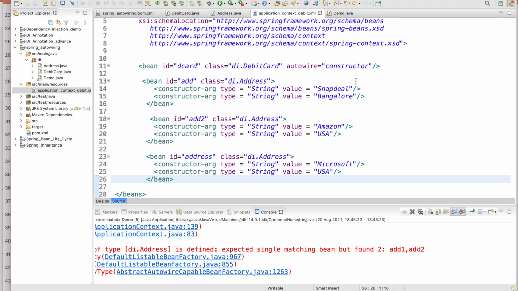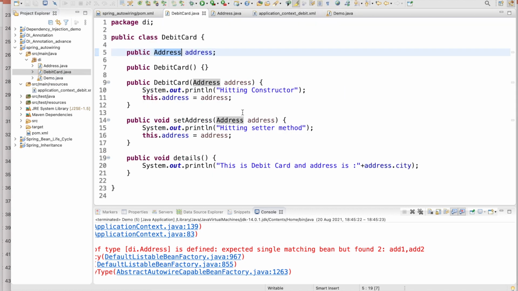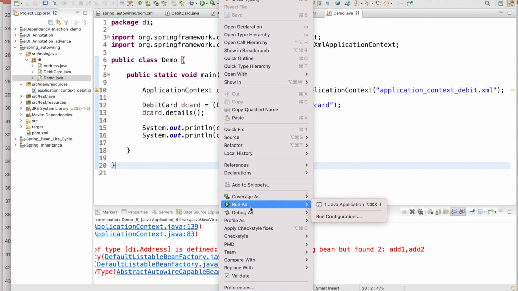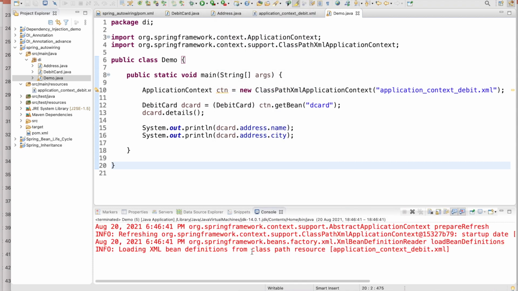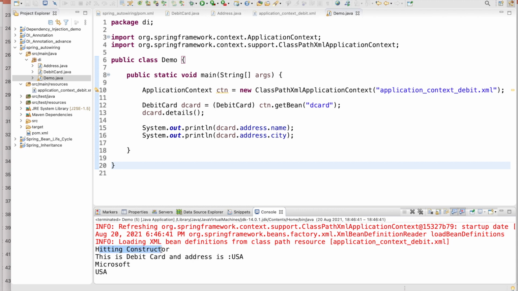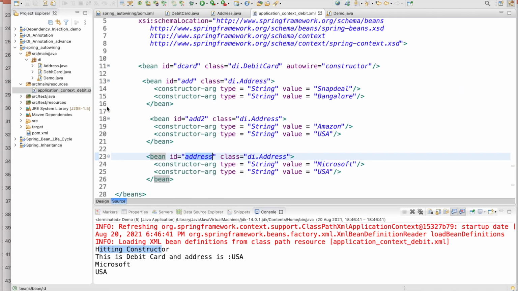I change the constructor, I have three beans, but this bean's address is here, right? And if you go to the debit card, its bean has the address here, right? So this time it should work. And you can also see the message that it is hitting the constructor. And through the constructor, what was matched with address is Microsoft USA, right? It is working fine.